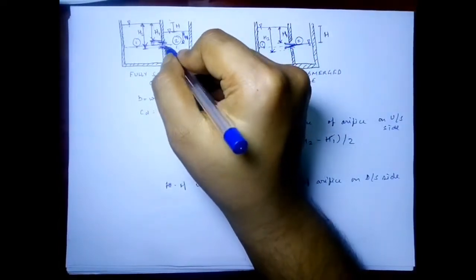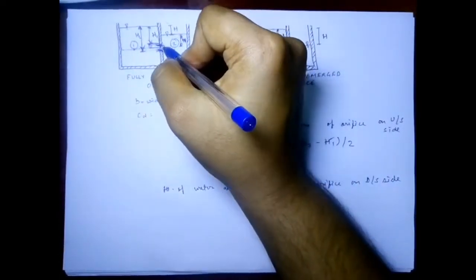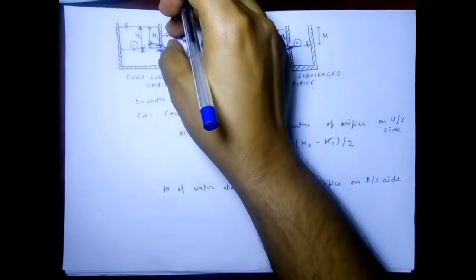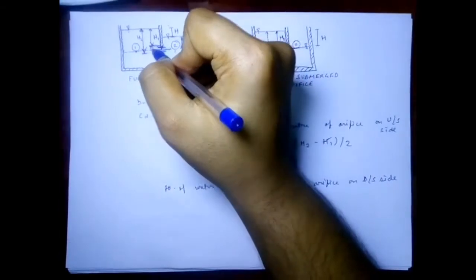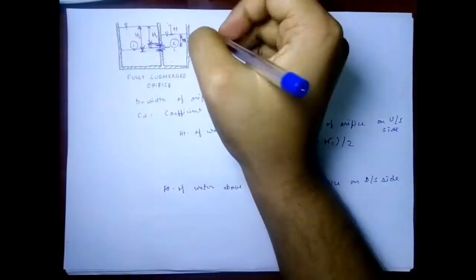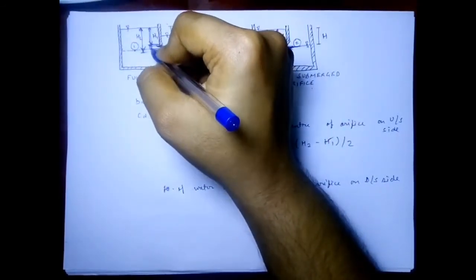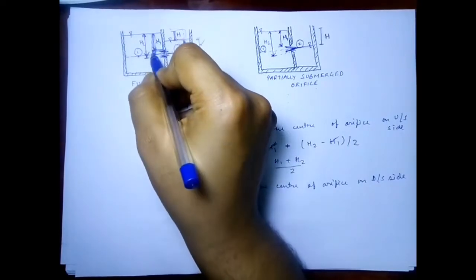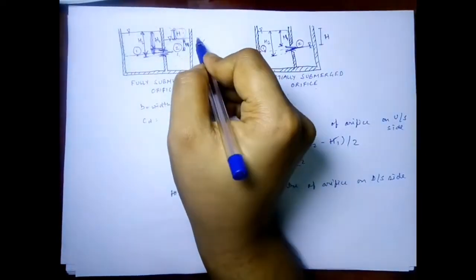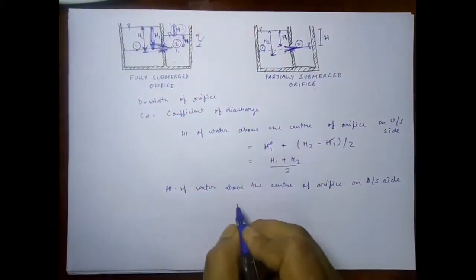The height of the water above the center line will be this much, and you can say that this is the difference of what we got on the upstream side and this much height, that is, the difference of this total height and this height, and therefore I will get this one. Or you can say that if from this height I subtract this height, I will get this height, that is the height of water above the center of orifice on downstream side, and that is equal to